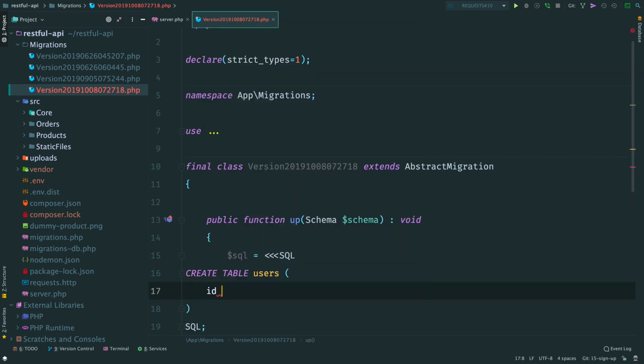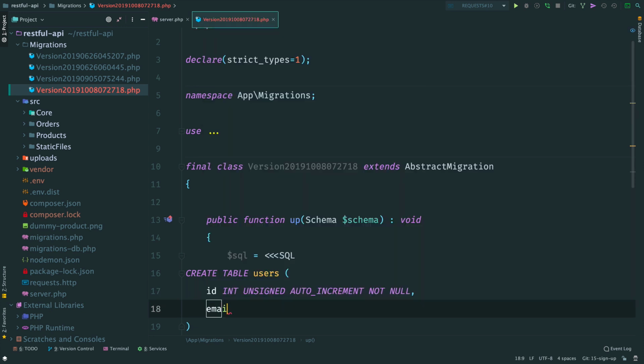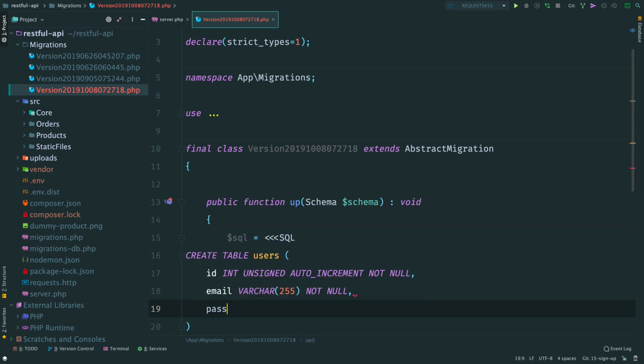An ID, email, which is a not nullable string, password of course, which also will be a string. For now it is enough.